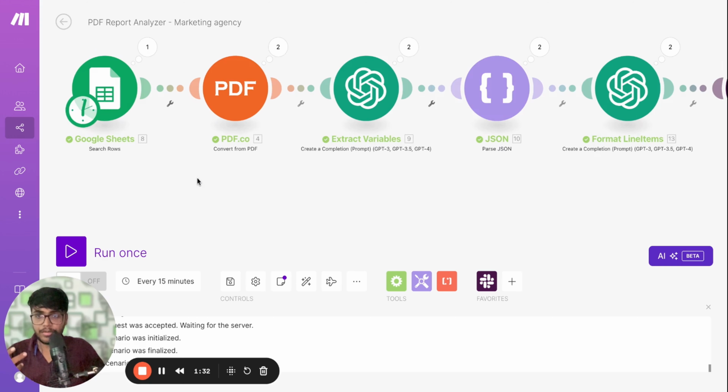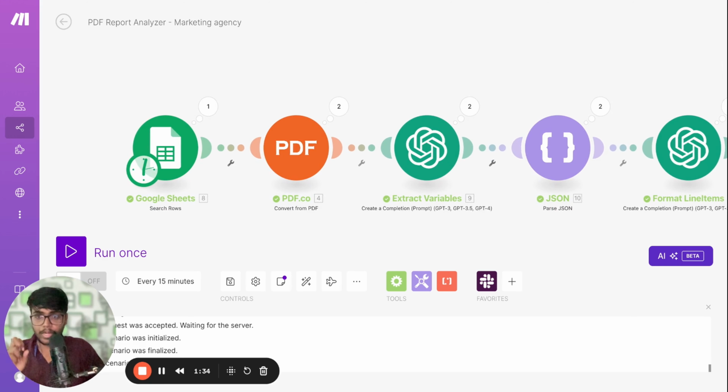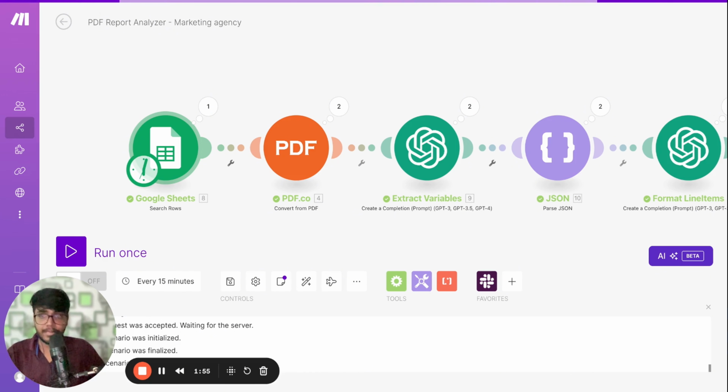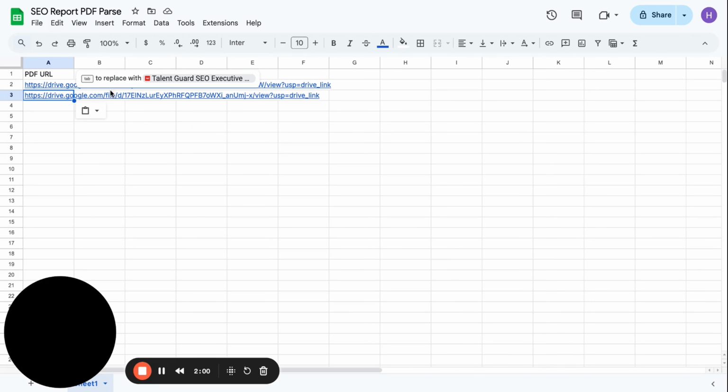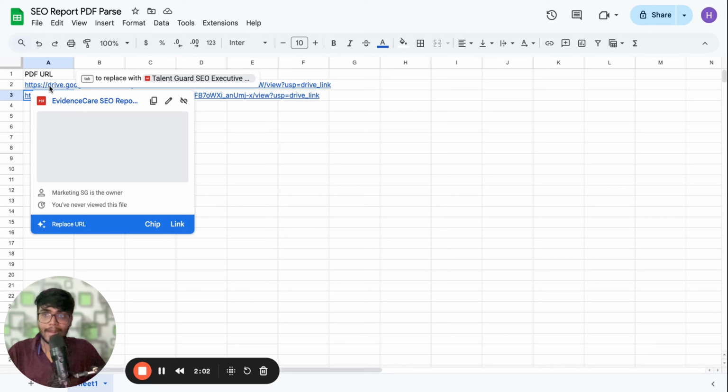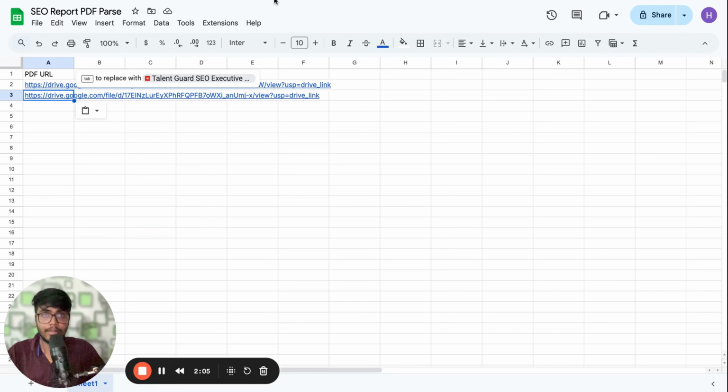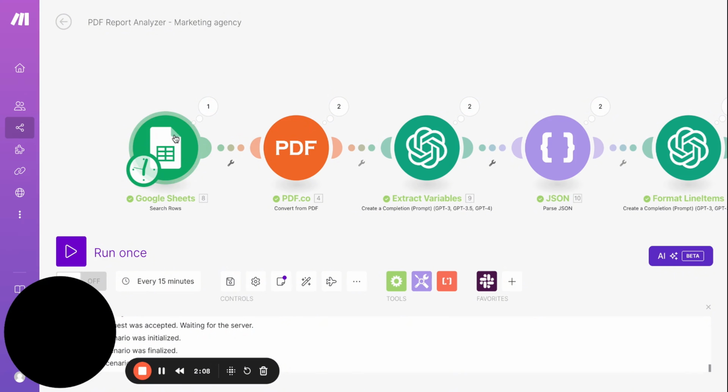The first step is to get the URLs of the PDFs from Google Sheets. Again, this is just for this particular video. You can always use another database like Airtable, Dropbox, or Google Drive, where you have stored those PDFs. In the Google Sheet, you have to add the URL of those PDFs, and once you add that, you just need to